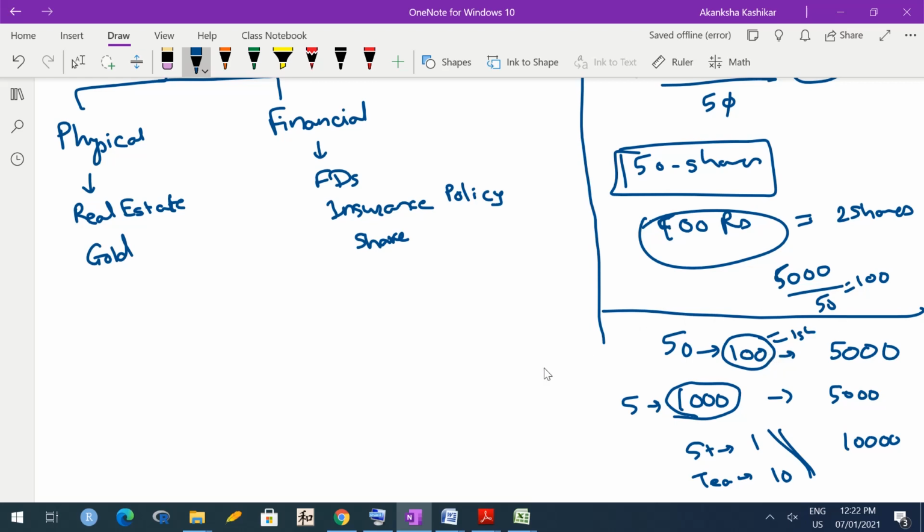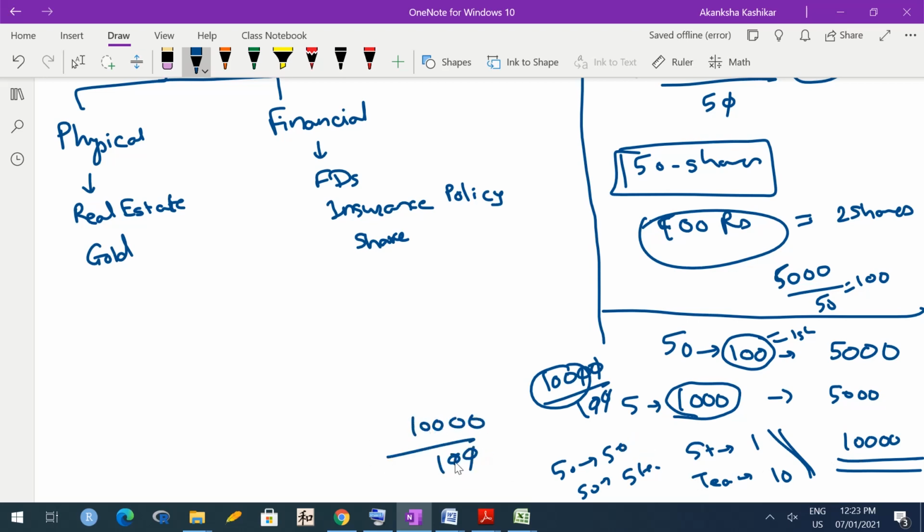Okay, so if each share was worth 100 rupees and we had 10,000 rupees initial capital, the initial number of shares was 100, where 50 students had 50 shares and the remaining 50 shares were owned by 5 teachers. So every teacher had 10 shares, right? So the profit would get divided equally. So 10,000 rupees profit, if I divide into 100 shares, every share is going to earn 100 rupees profit. So teachers would get 1000 rupees, their 1000 rupees back, and students would get their 100 rupees back.